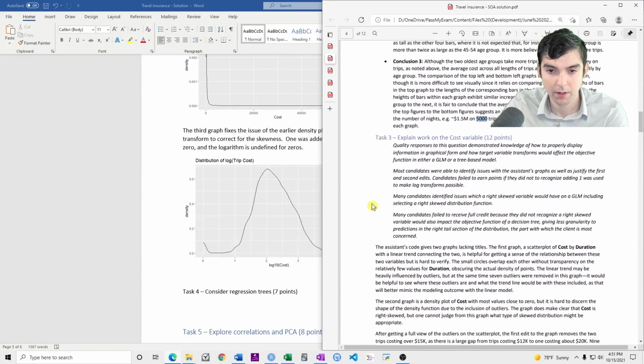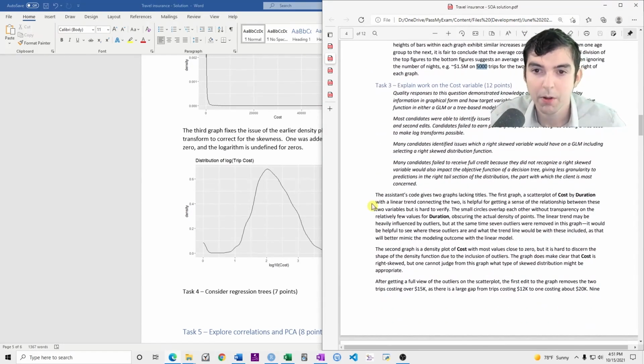And then the answer says, quality responses to this question demonstrated knowledge of how to properly display info in graphical form and how target variable transforms would affect the objective function in either a GLM or tree-based model. Most candidates were able to identify issues with the cost graph as well as to justify the first and second edits. Candidates failed to earn points if they did not recognize adding 1 was used to make log transforms possible.